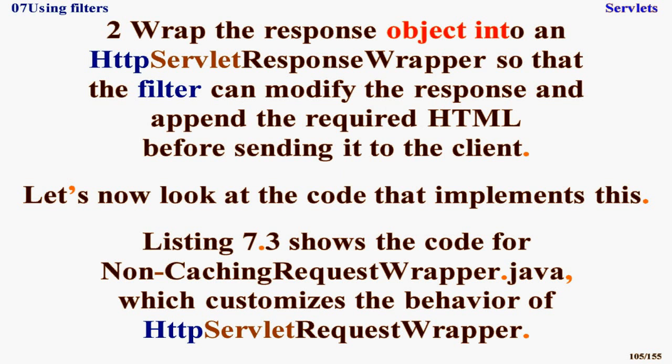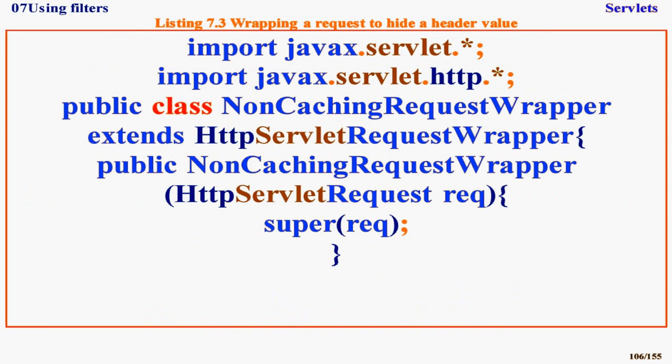Listing 7.3 shows the code for NonCachingRequestWrapper.java, which customizes the behavior of HttpServletRequestWrapper. Listing 7.3. Wrapping a request to hide a header value. import javax.servlet.*; import javax.servlet.http.*; public class NonCachingRequestWrapper extends HttpServletRequestWrapper { public NonCachingRequestWrapper(HttpServletRequest req) { super(req); }